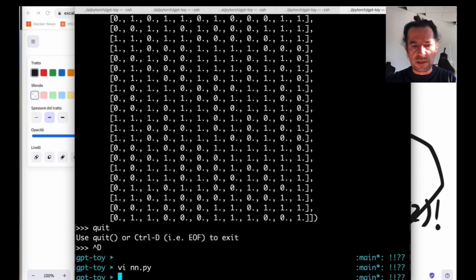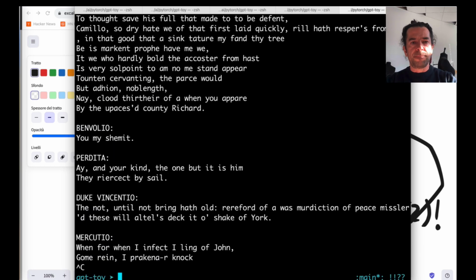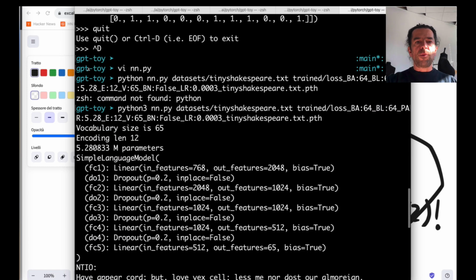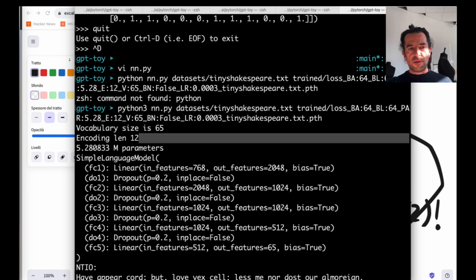If you want to see the actual layout of this neural network, okay, this is our neural network. Vocabulary size 64, encoding length 12.